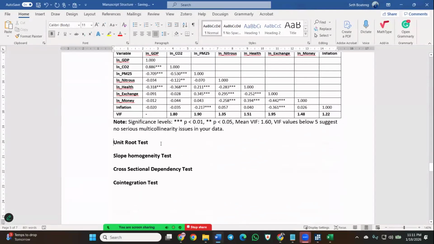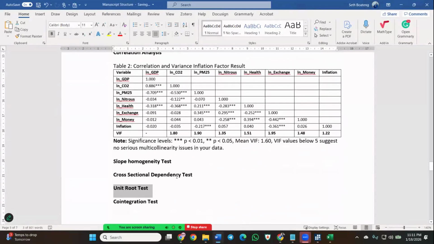So the next one is, no, let's skip this one. This one is too long. We will come to it later. So let's look at the slope homogeneity test. We use it to test whether there are differences in the changes in the countries. So whether the countries are different, are they homogeneous or heterogeneous? And as I said,